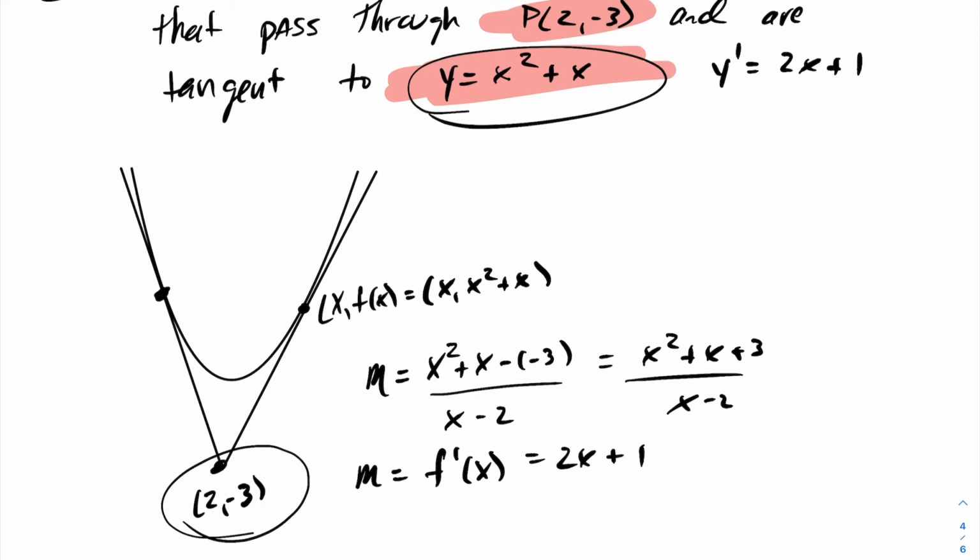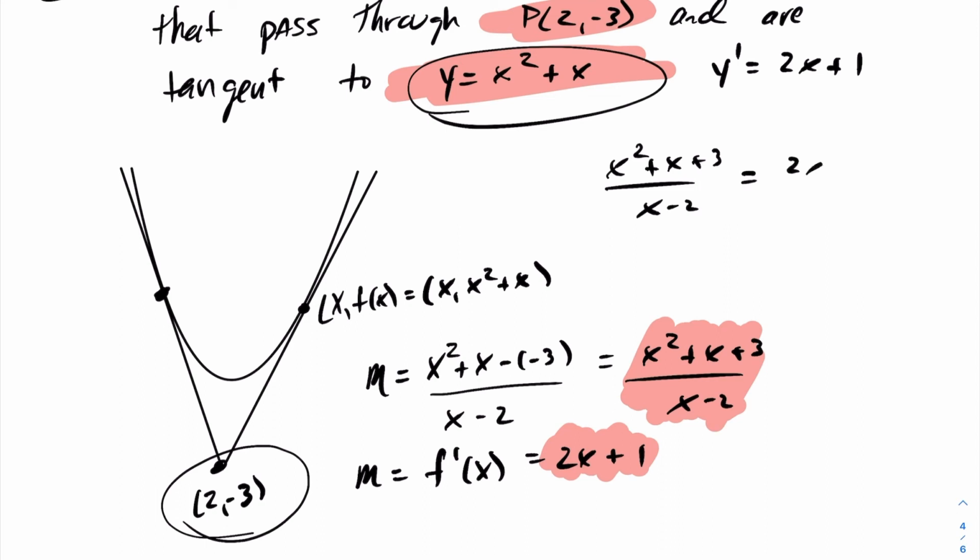So therefore we have 2 different ways of representing the slope. On one hand, the slope is x squared plus x plus 3 over x minus 2. On the other hand, the slope is 2x plus 1. So equating these two, we have x squared plus x plus 3 over x minus 2 has to equal 2x plus 1. Fairly easily I can go ahead and multiply across